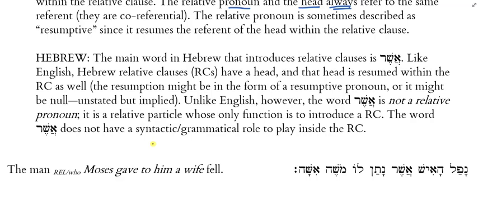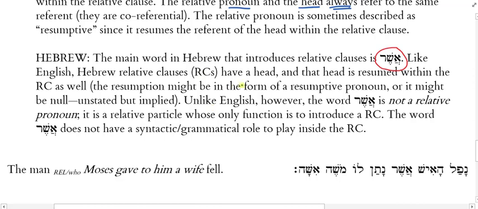The main word in Hebrew that introduces relative clauses is, of course, not the word who, which, or that, but it's the word asher. Asher. So that's how you spell it. This is how you say it. There's a compound shava under the aleph, shin, segol resh. Asher. Asher. Now, like English, Hebrew relative clauses, which I will abbreviate with RC here for relative clause,